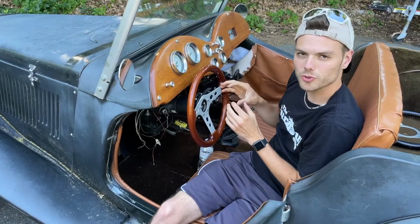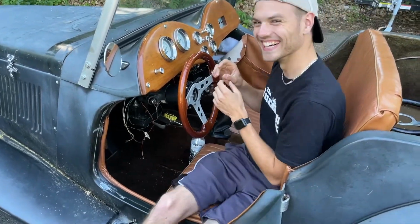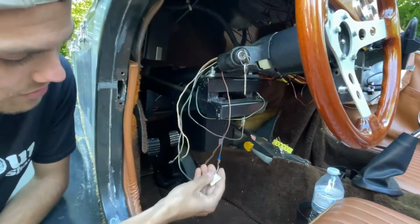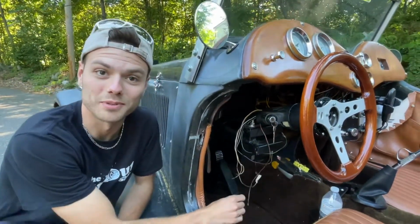If you're a true Volkswagen connoisseur, I like it, do it, yeah. And although some of them are attached like this one, which I believe goes to the right blinker,